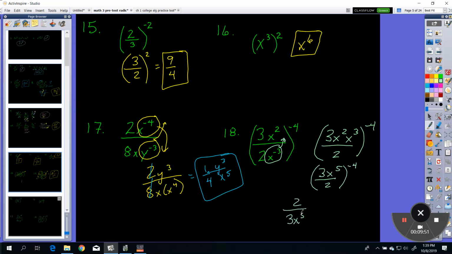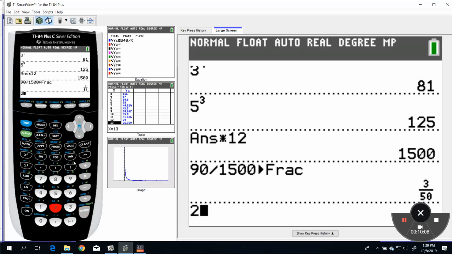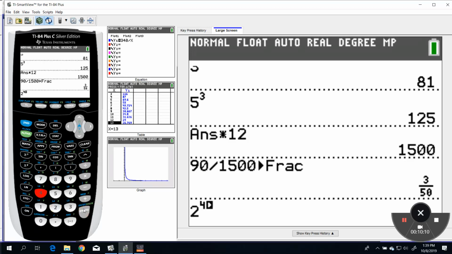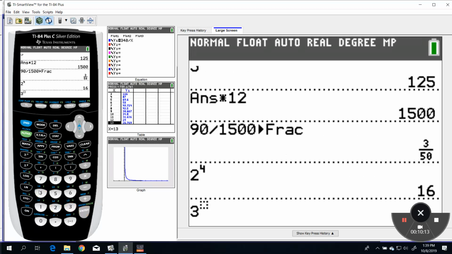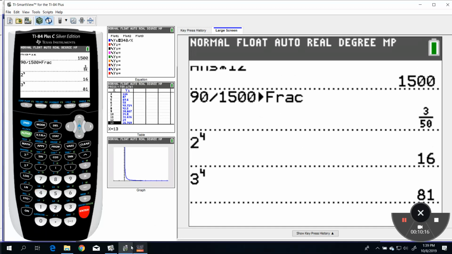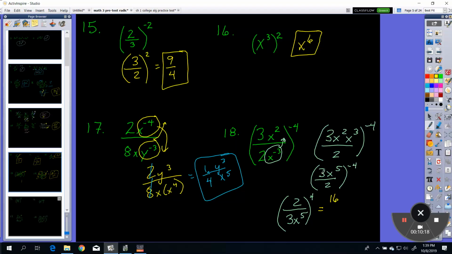So it's 2 over 3x to the 5th, to the 4th now. So the negative just made it swap locations. So now I have 2 to the 4th, which means I have 2 times 2 is 4, times 2 more is 8, times 2 more is 16. So I could come to my calculator and go 2 to the 4th is 16, and 3 to the 4th,